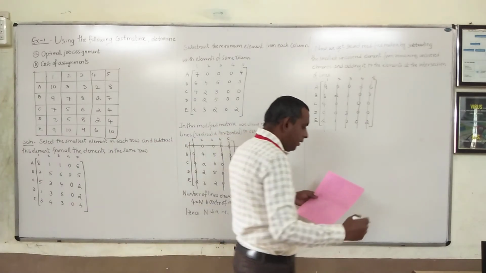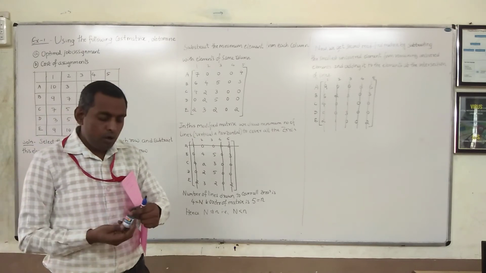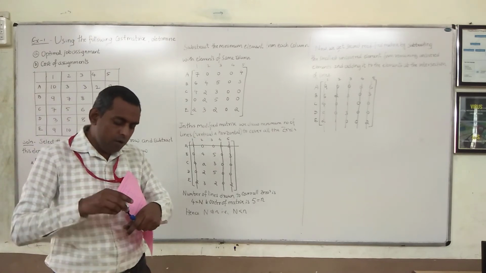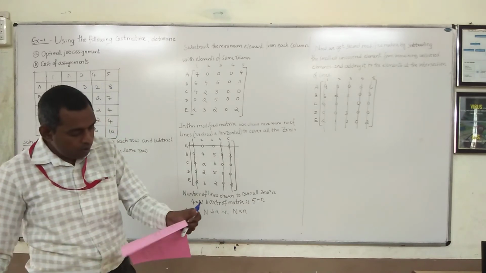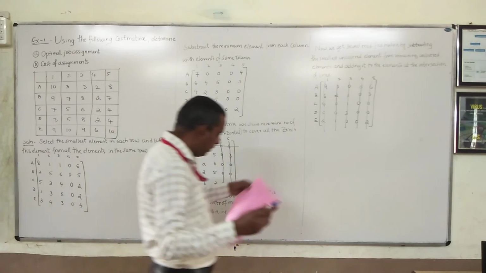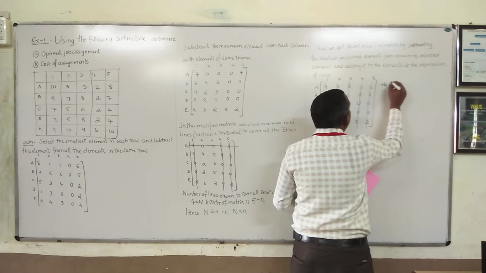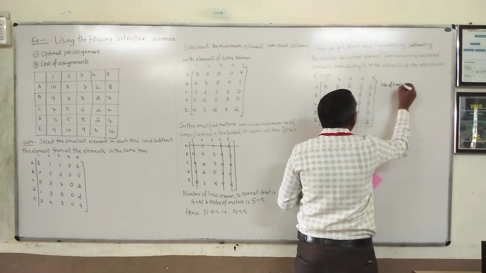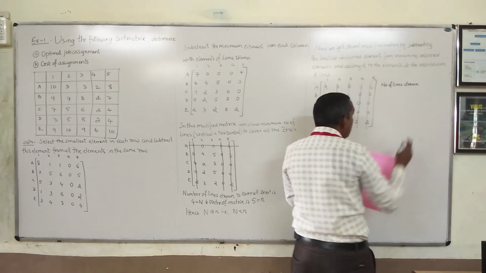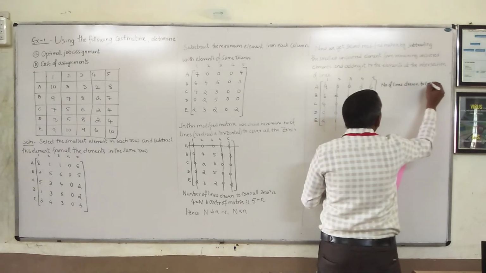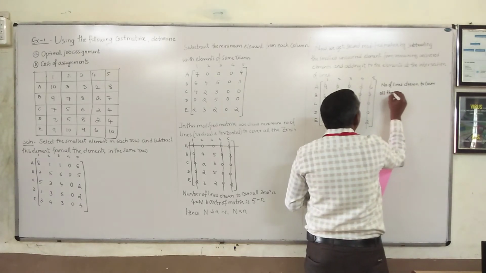Now what happens? We have to check how many horizontal or vertical lines we have drawn. The minimum number of horizontal and vertical lines we have drawn to cover all the zeros. So here, the number of lines drawn to cover all the zeros is